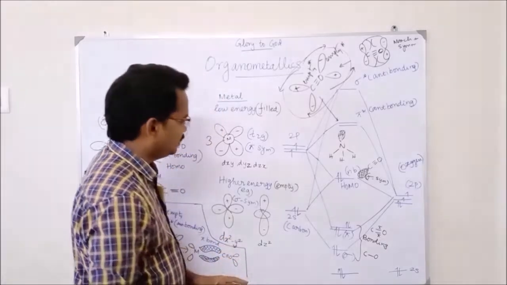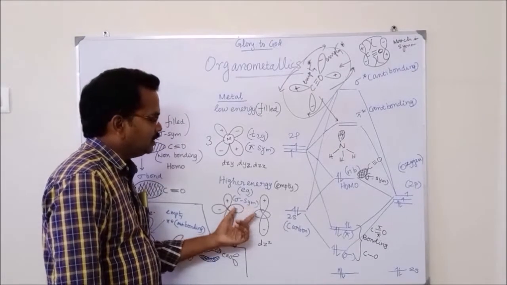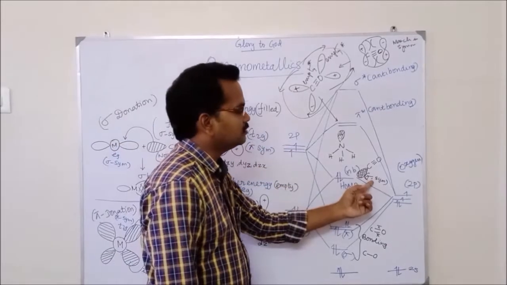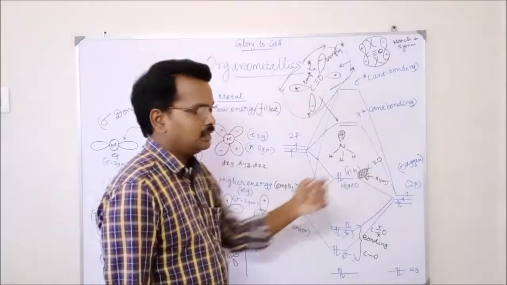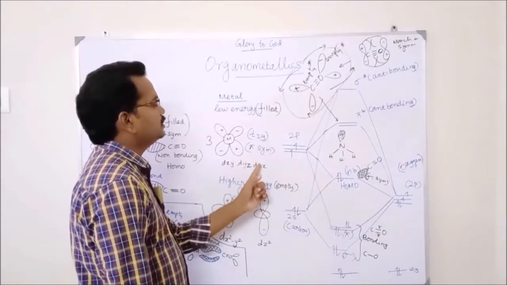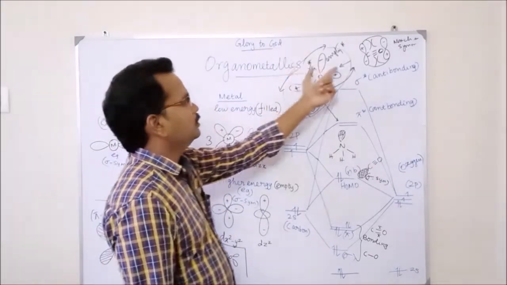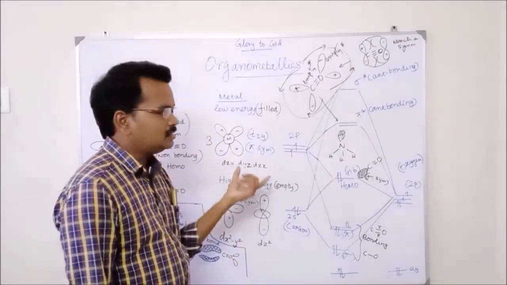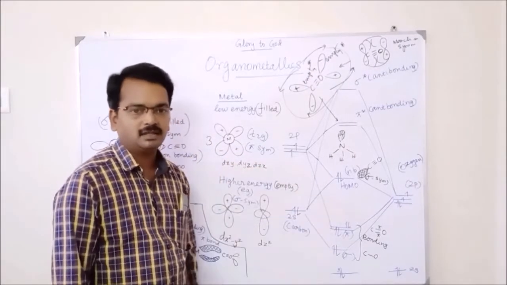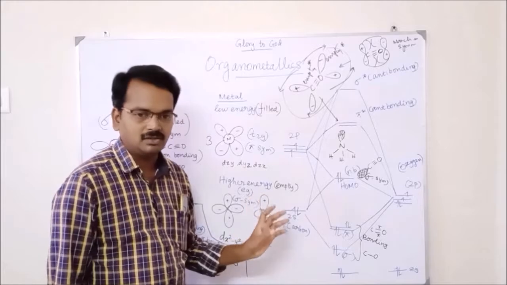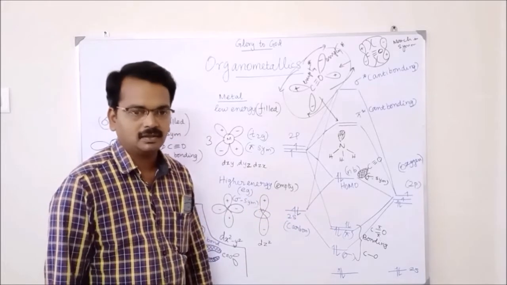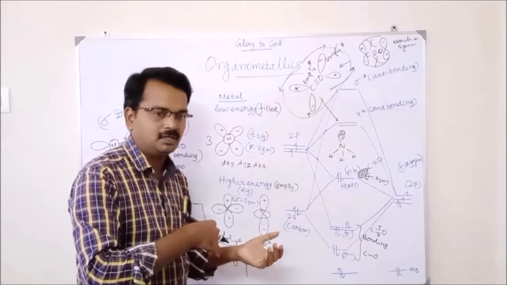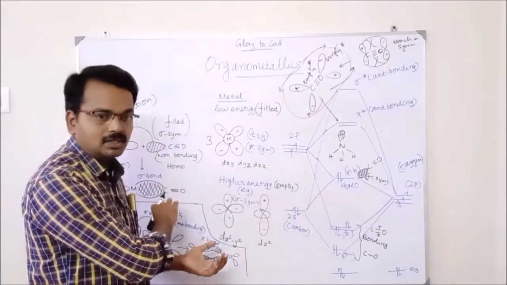What is that clear idea? We have sigma symmetric orbitals in the metal, and we have sigma symmetric orbitals in the carbonyl, and then we have pi symmetric orbitals in the metal, and pi symmetric orbitals in the carbonyl. So pi symmetric will combine with pi symmetric, and sigma symmetric will combine with sigma symmetric. Likewise, we are going to skip the conclusion section.